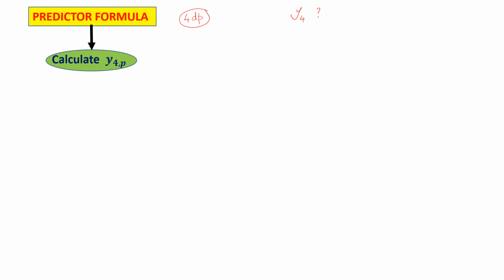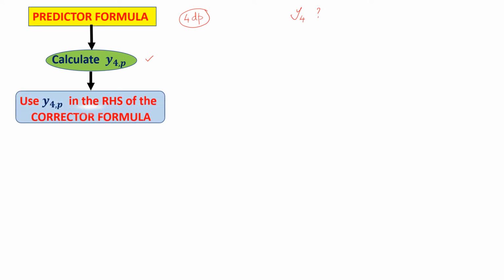So if we use the predictor formula, we calculate the predicted value here. Then where am I going to use this predicted value now? It will be used in the right hand side of the corrector formula. So use y4p in the right hand side of the corrector formula. On simplifying the corrector formula, I will get a new value of y4, which I call y4c1. That means it is the first corrected value. Now please understand the process, but we will not be using C1, C2 in the problems. To understand the process, I have put it as C1, C2. Calculate y4c1, meaning it gives you the first corrected value.